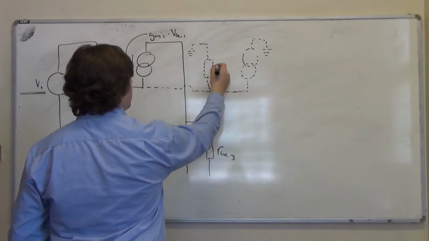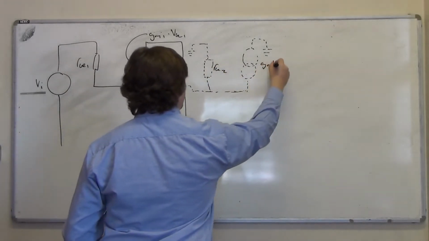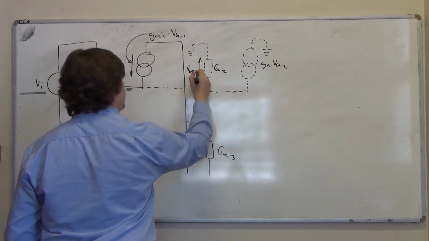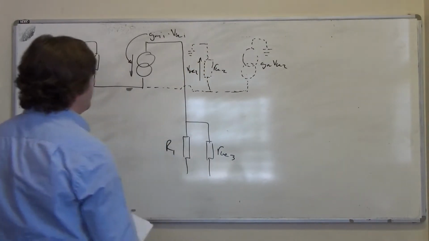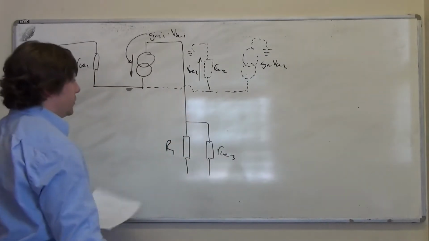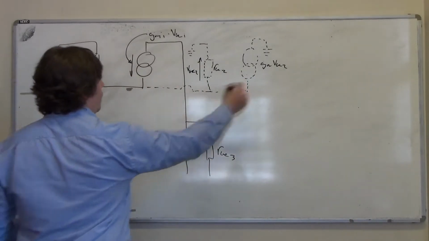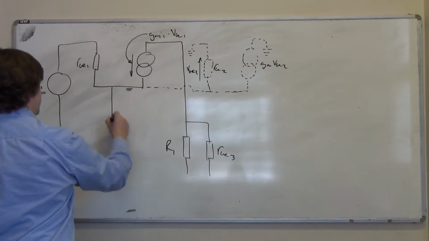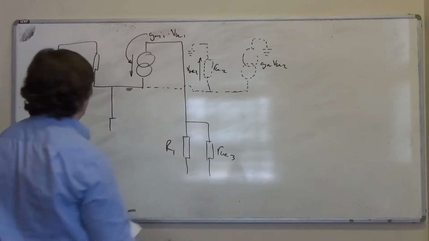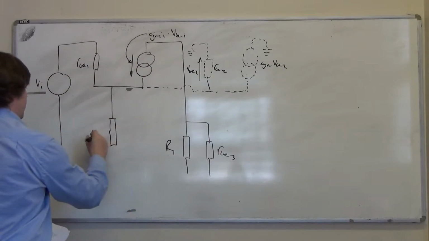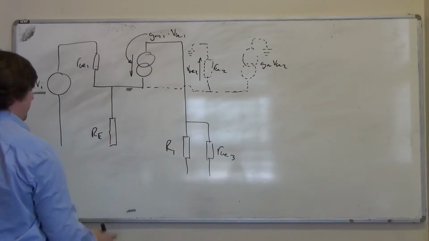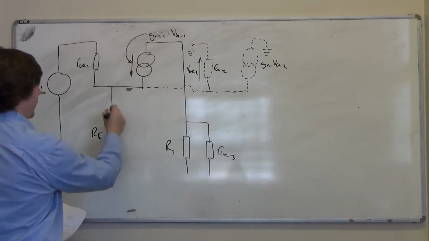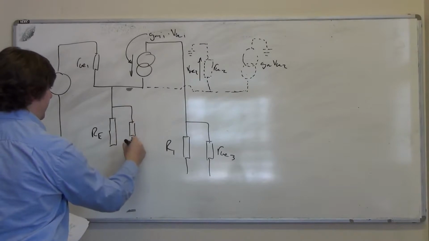Where this was RBE2 and this was GM VBE2, where VBE2 was this voltage here. But I've just done some working out, which I've just rubbed out, that showed that all of this could be replaced by a resistance to ground. Its value is 1 over GM2, and it just so happens I've already got a resistance to ground RE here, which is the real resistance that the biasing current passes through for the differential pair. So I can just tack on there in parallel